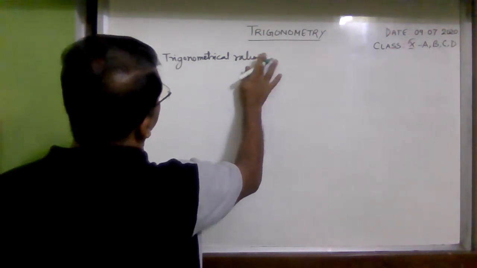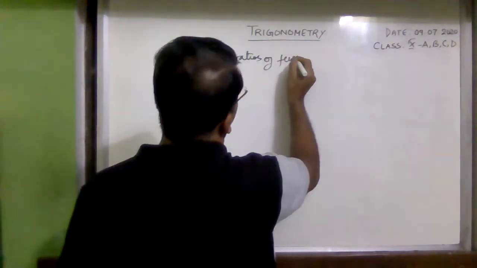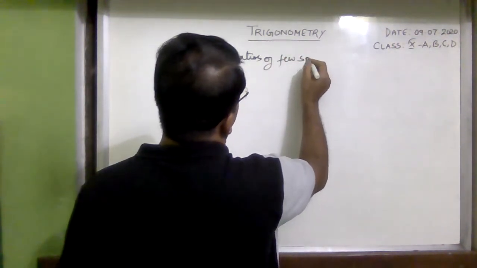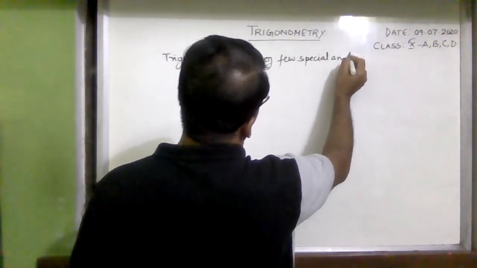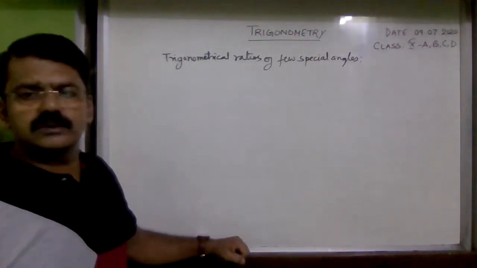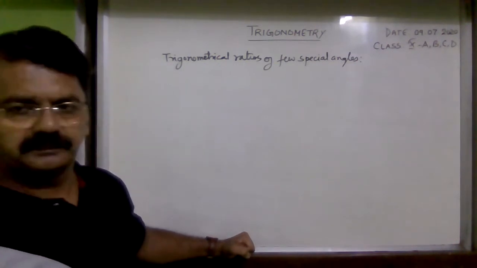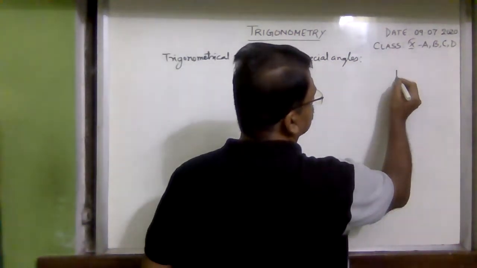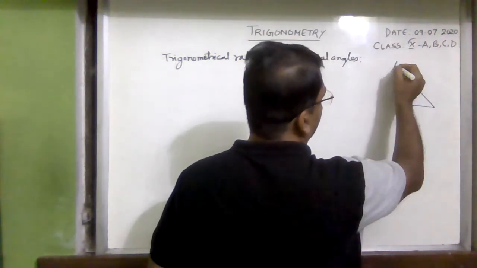Now, trigonometrical ratios of few special angles. Now, all of you pay attention. I have a triangle ABC